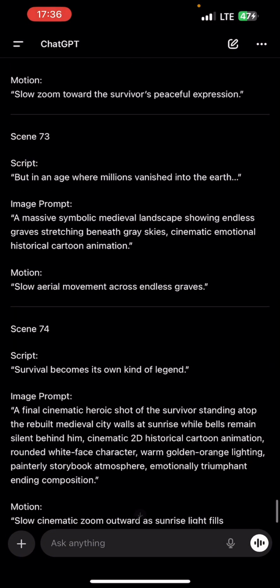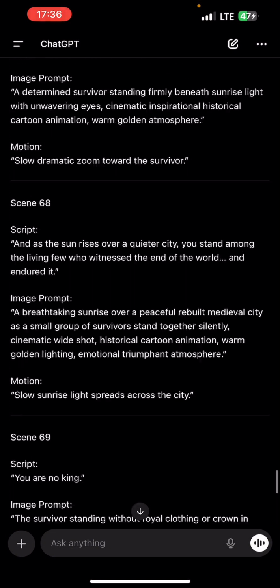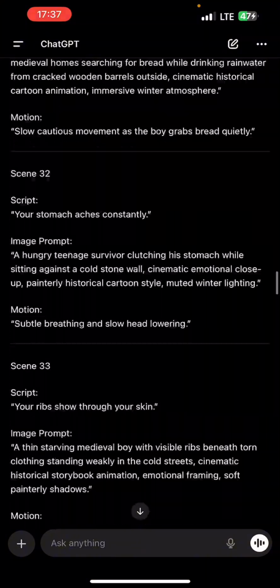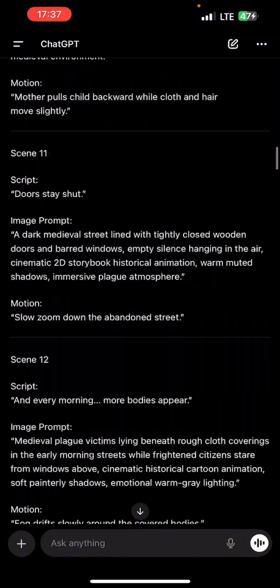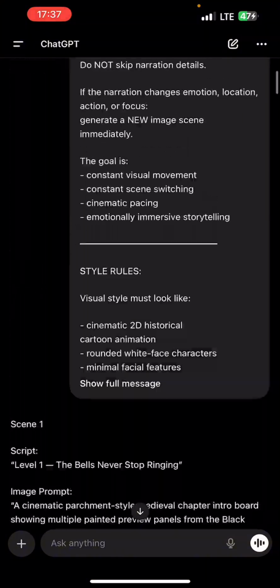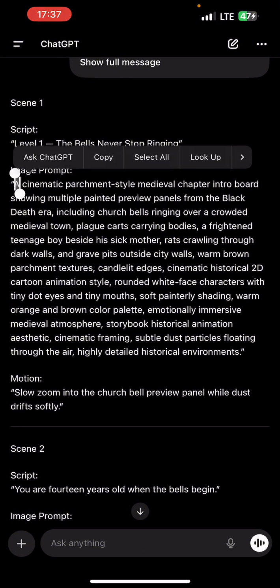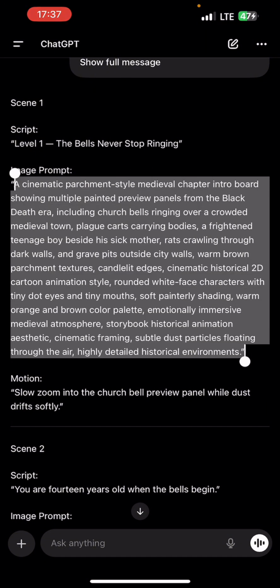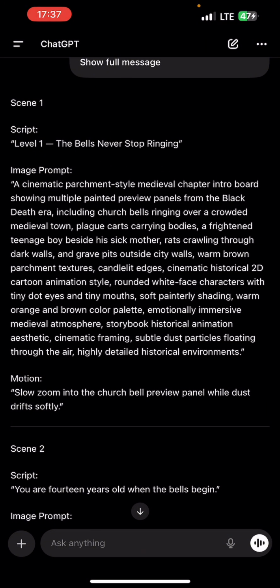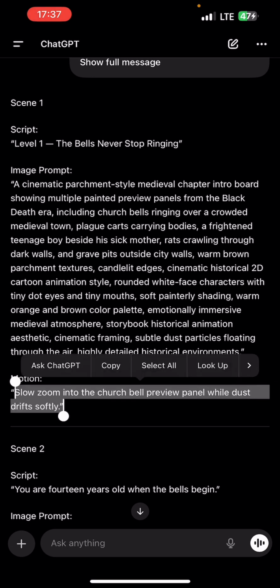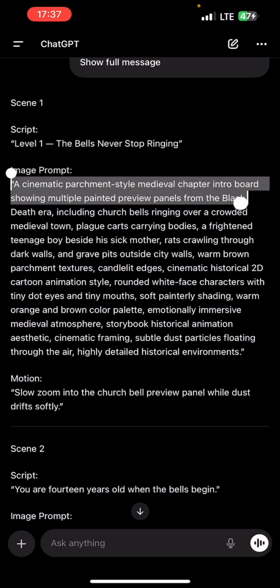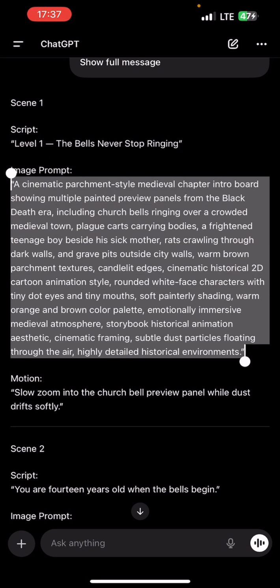So after you generate all your image prompts, you want to start generating the images from the prompt. Okay, now this is my first image, from scene 1. You can see it here, scene 1. I'll copy this image prompt here. You don't copy the motion too. This motion is just to animate your image. I don't know if you get my point. So this part I said image prompt, you want to copy only this part, and then take it to